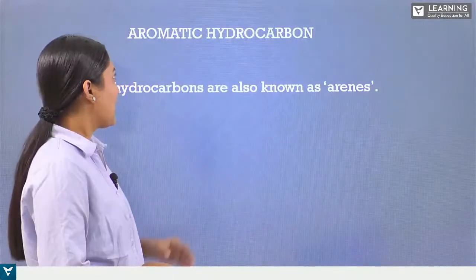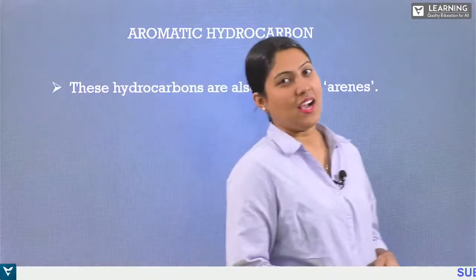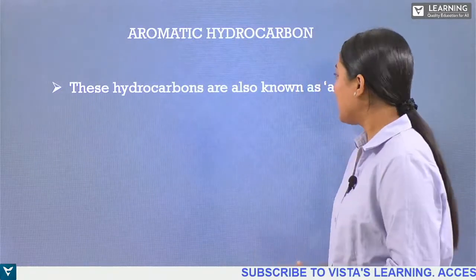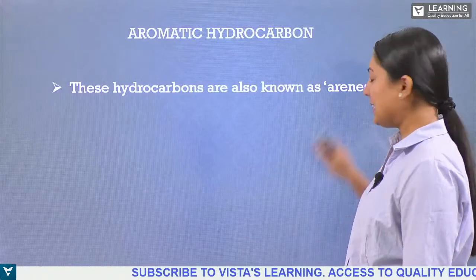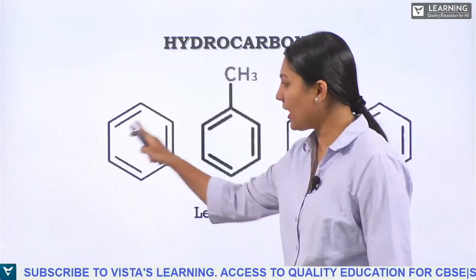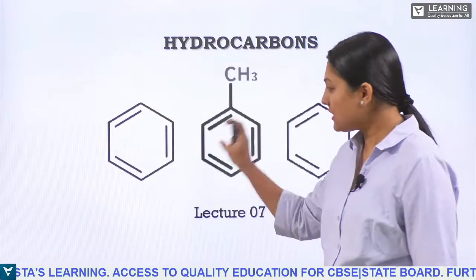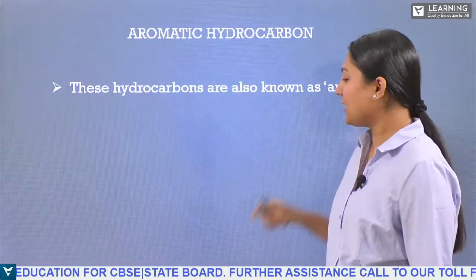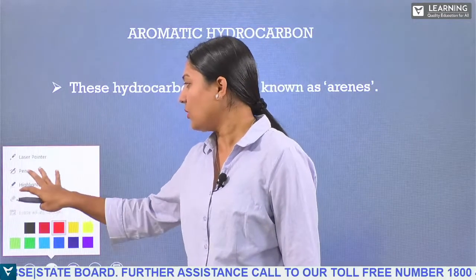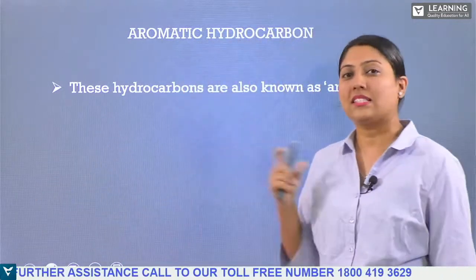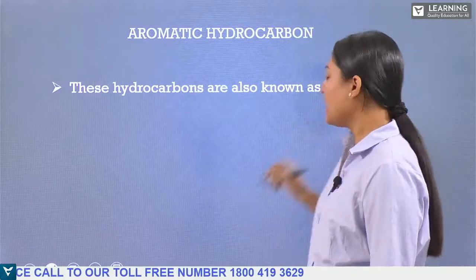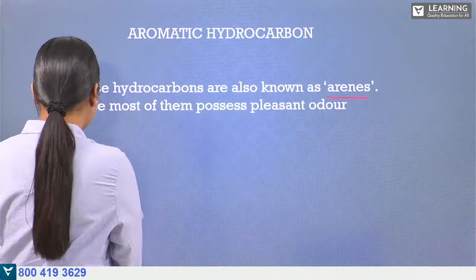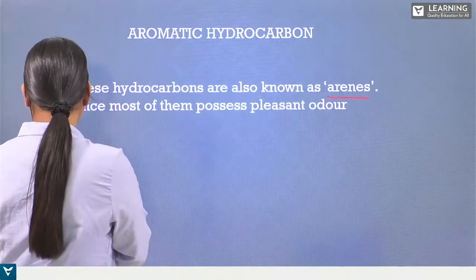Got it? Yes. So we are speaking about the aromatic hydrocarbons. Aroma means odor, smell. So these are also called arenes. As we see here, they all have double bonds. Since they all have double bonds, they get the "ene" at the end. So an aryl group with double bonds is considered an arene. What do we call them? Arenes. And as we know, they have a pleasant smell.